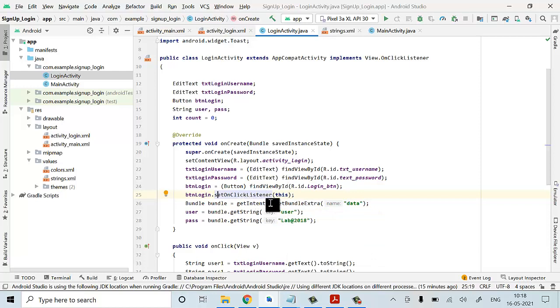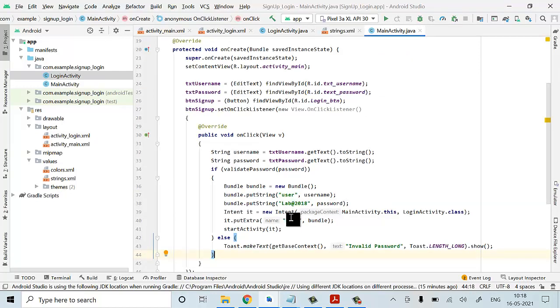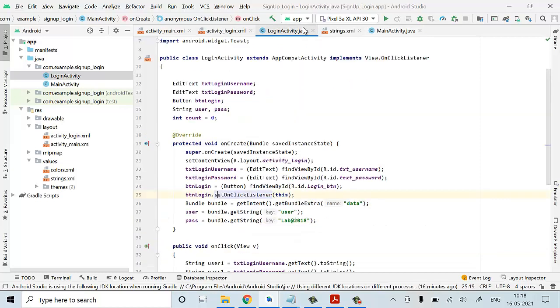Get intent id dot get bundle extra data. Whatever data has been specified here, you can check it out. That is going to be extracted in your login activity. Once you have user dot bundle dot get string user, you can check it out